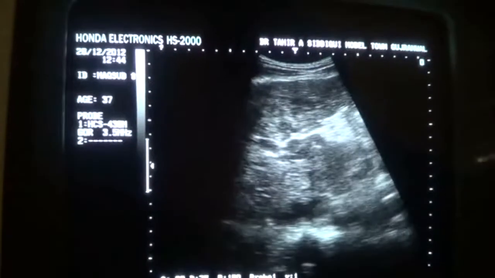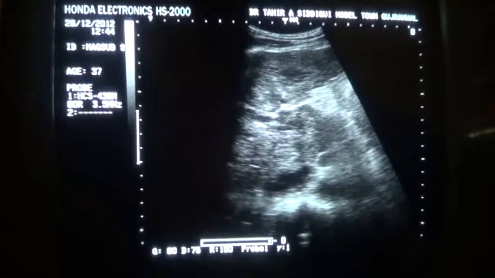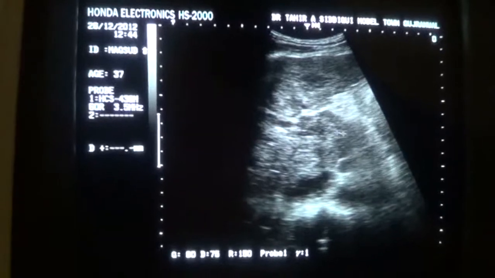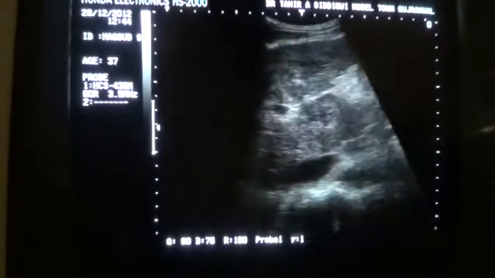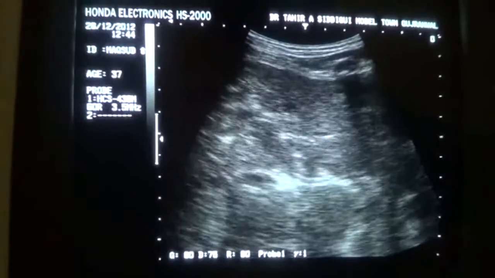See, this is the portal vein now. This area is the portal vein full of thrombus, and in the left lobe of the liver we do see